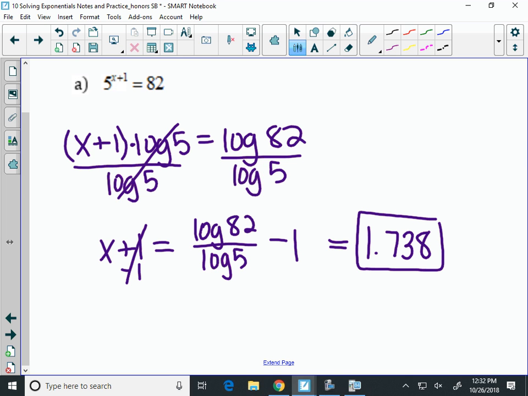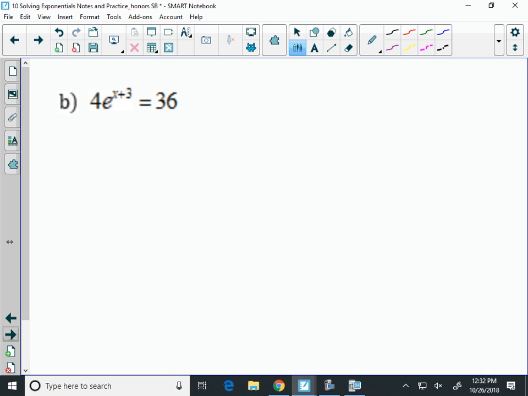Yes, ma'am. If it's just a number, like 5, you use the common log. If it is an e, you use the natural log. Okay. All right, let's look at,